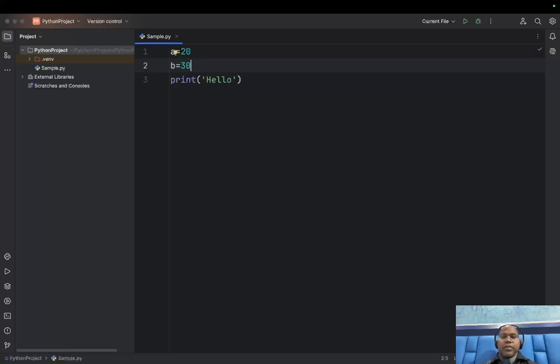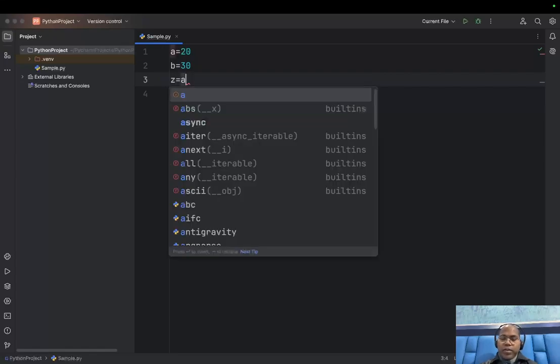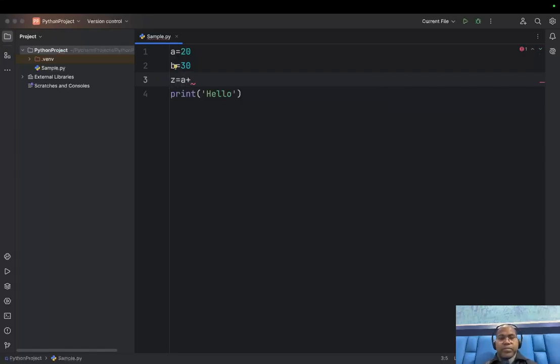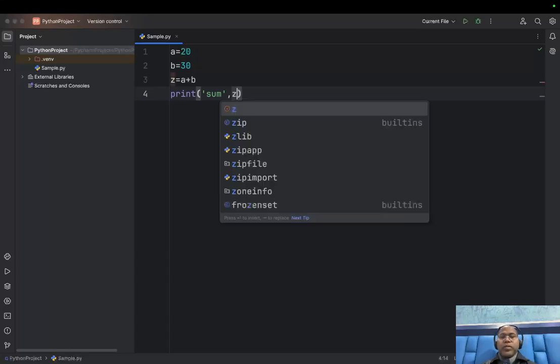Okay, and say z equal to a plus b. I want to print the result: sum equal to z. Okay,